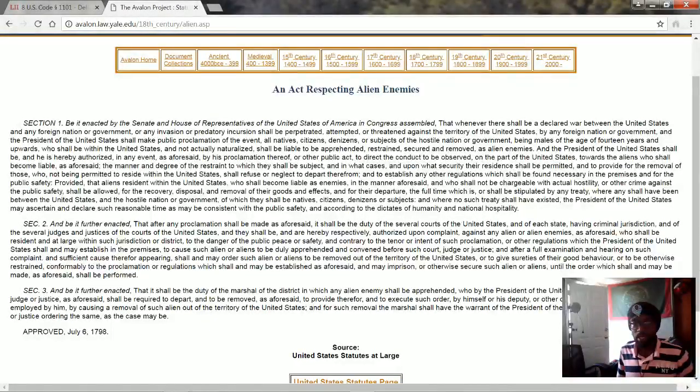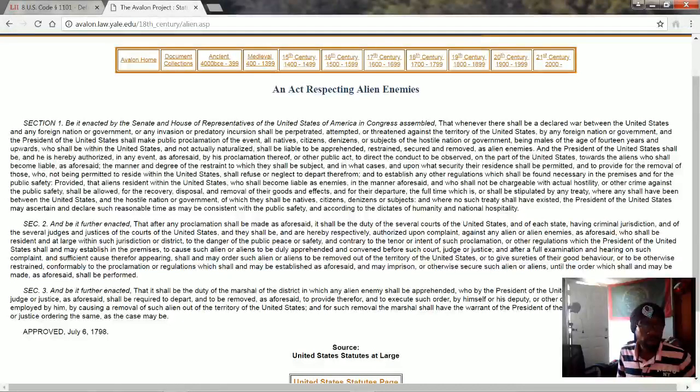and the President of the United States shall be and is hereby authorized in any event as aforesaid, by his proclamation thereof or other public act, to direct the conduct to be observed on the part of the United States towards the aliens who shall become liable as aforesaid, the manner and degree of the restraint to which they shall be subject, and in what cases and upon what security their residence shall be permitted, and to provide for the removal of those who, not being permitted to reside within the United States, shall refuse or neglect to depart therefrom, and to establish any other regulations which shall be found necessary in the premises and for the